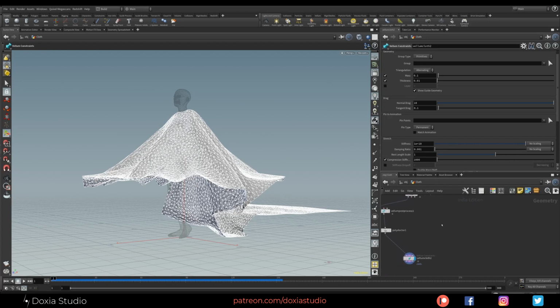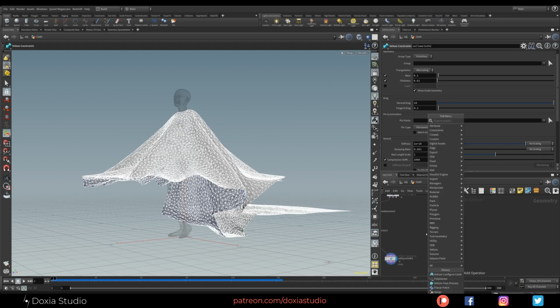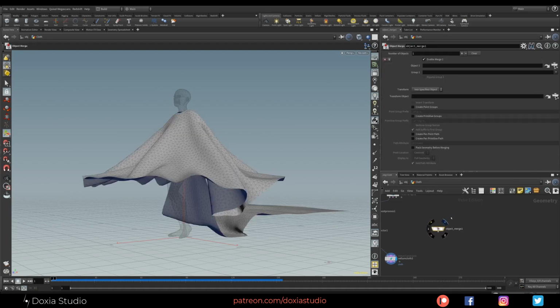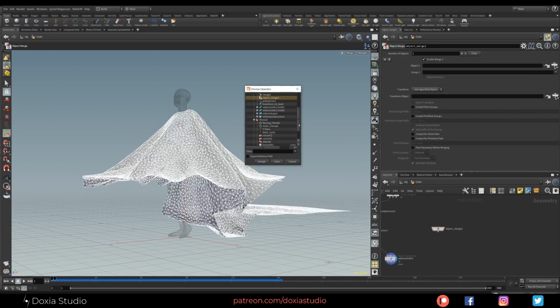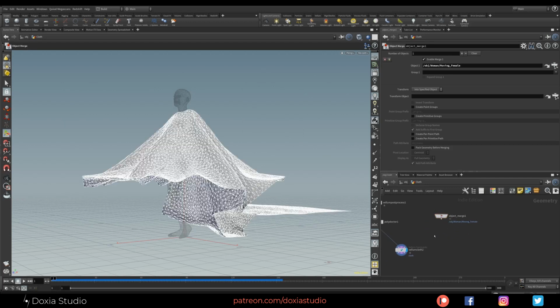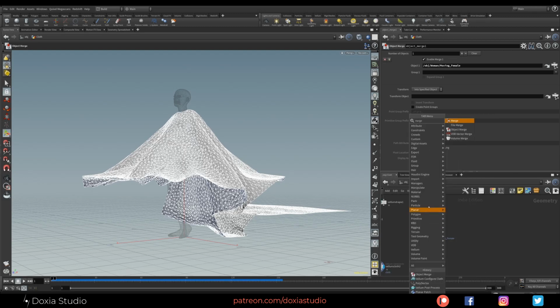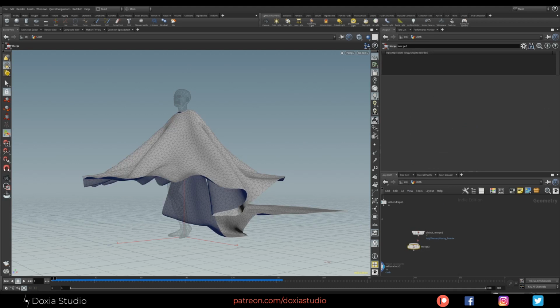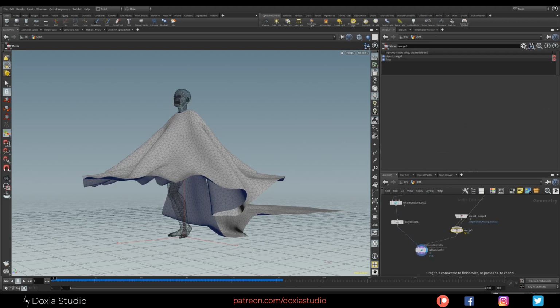Okay, so let's do something here. Let's import our animated female. Let's go to woman, moving female. Okay, pretty cool. And we need a merge and a floor again. Let's place a merge. Let's wire the floor back to our merge and wire this into the third input of Vellum cloth.